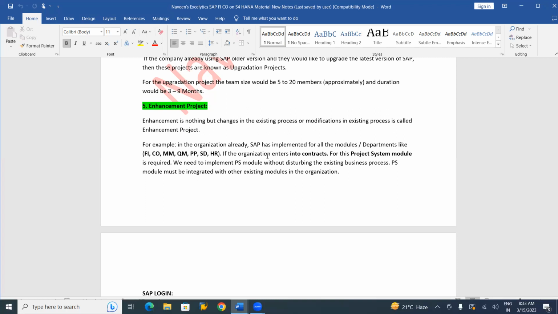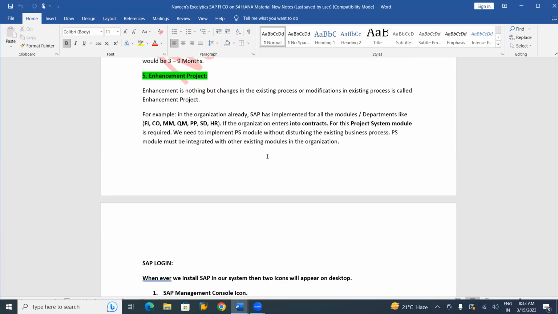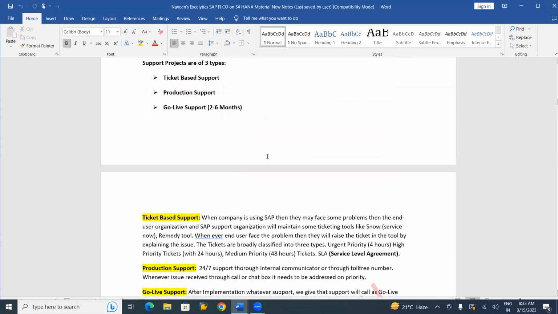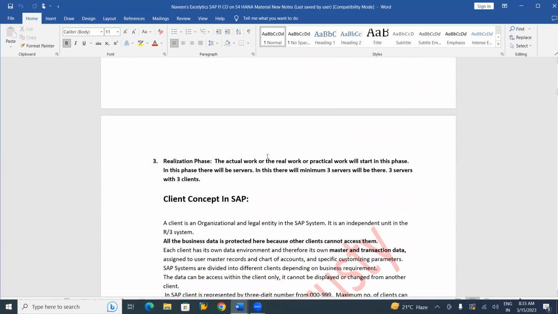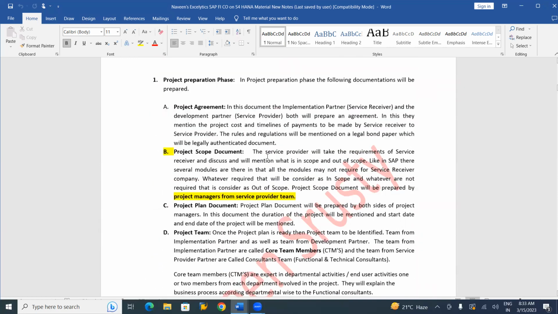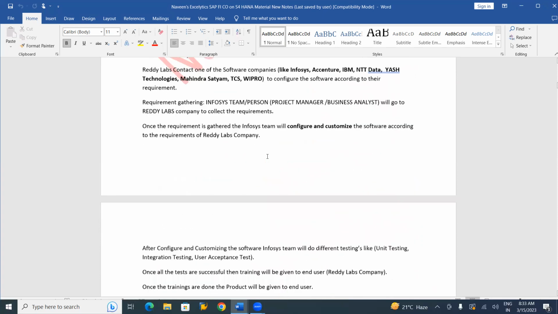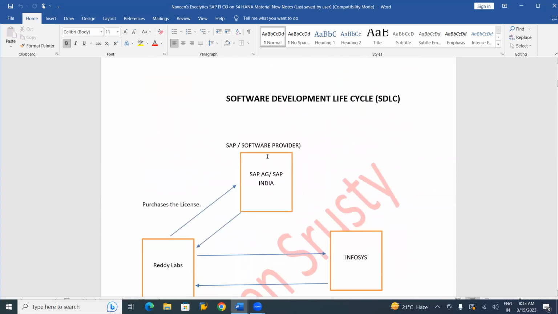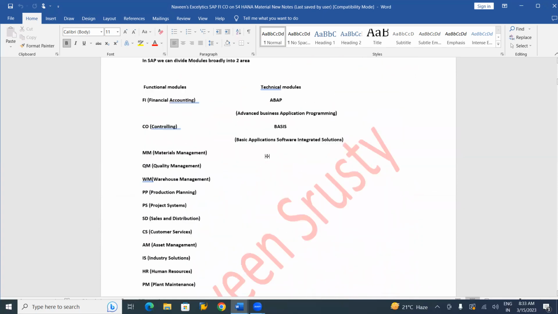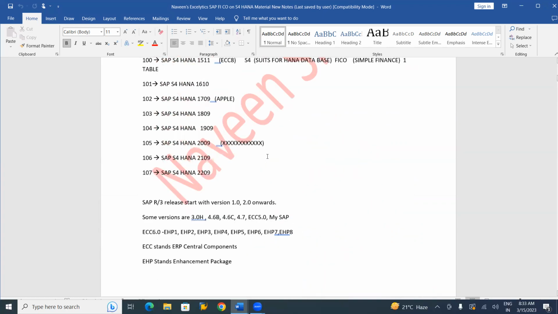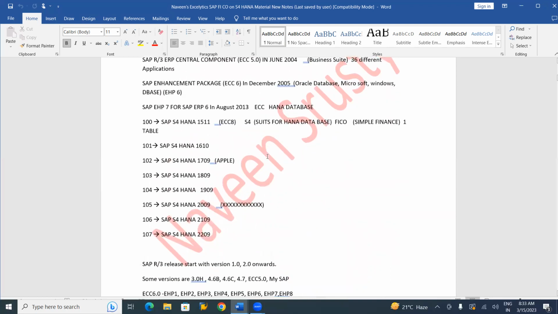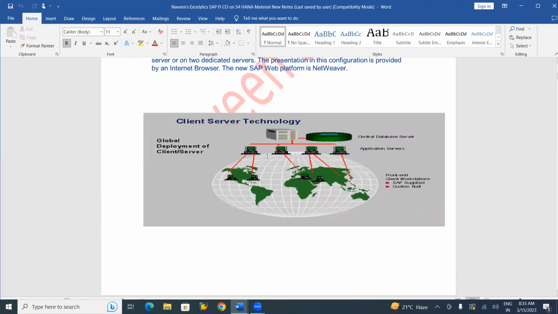Yes, sir. Okay. So this is about your complete literature of SAP. The client server concept, what the different documentations prepared are, what the software development lifecycle is, what the different modules are, why SAP and what the versions of SAP are.